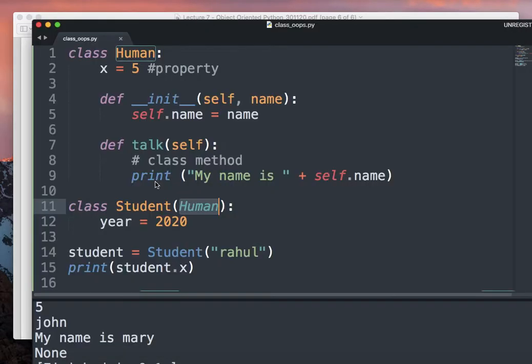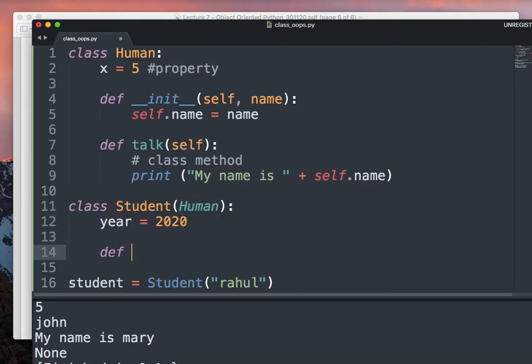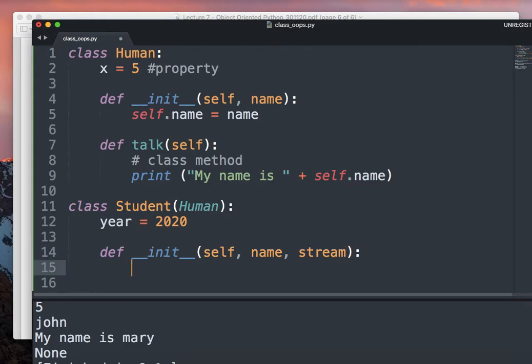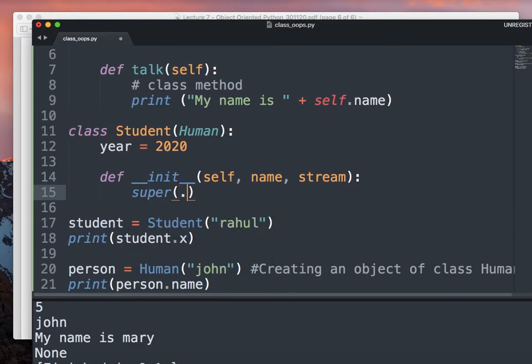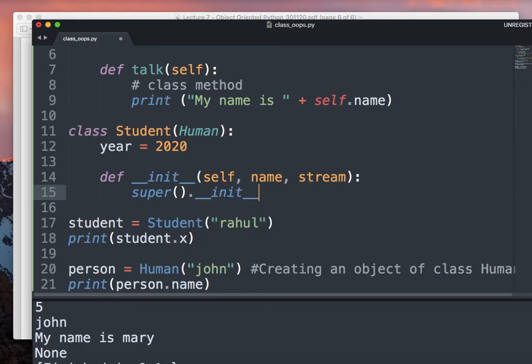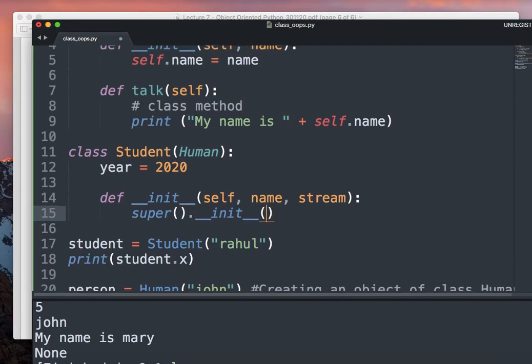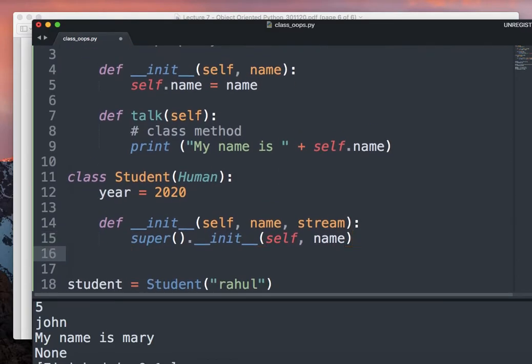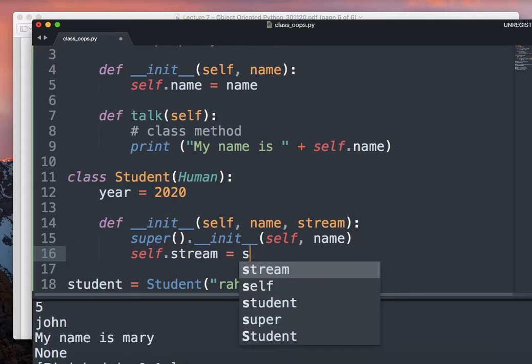Last thing, we'll look at the super class. Super is required when we want everything from the parent class, but we also want to add certain things, say stream. So we can say super dot, and we can say name, self comma name, and self dot stream is equal to stream.